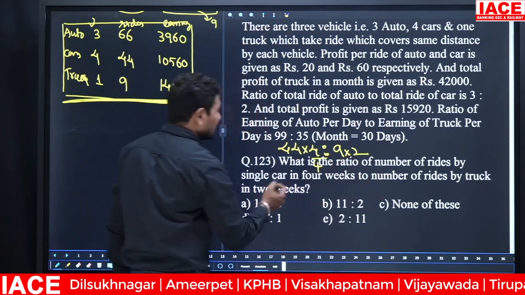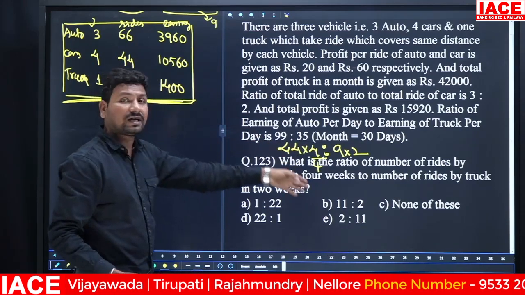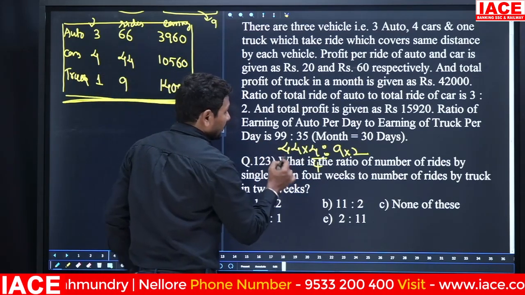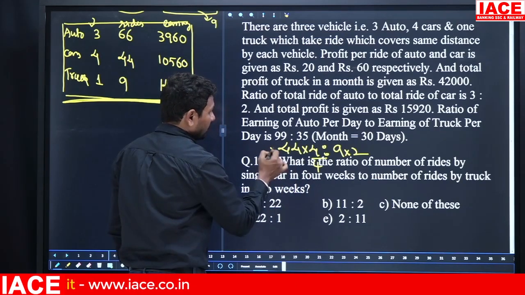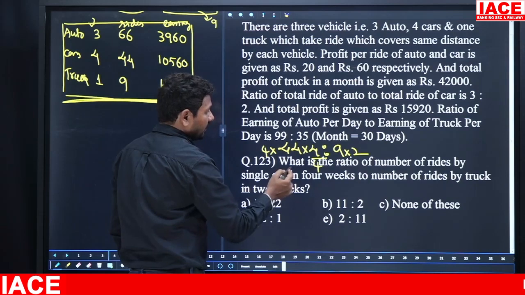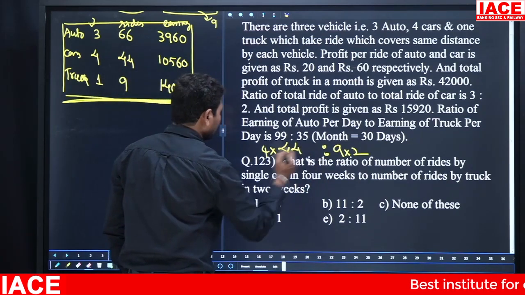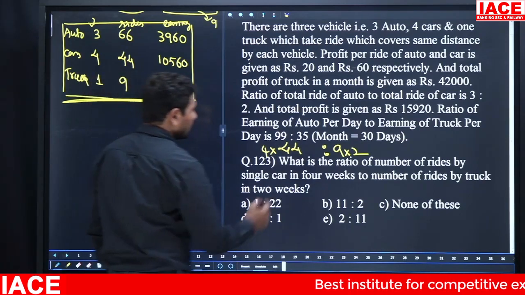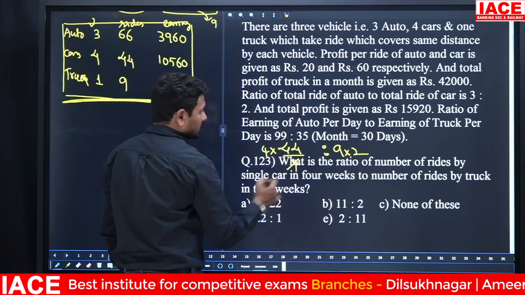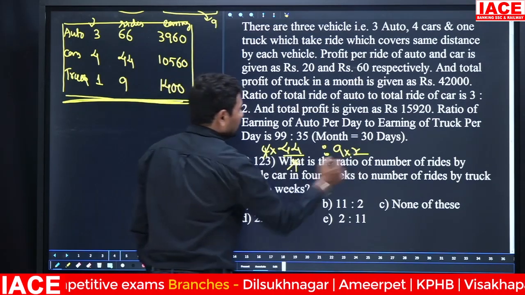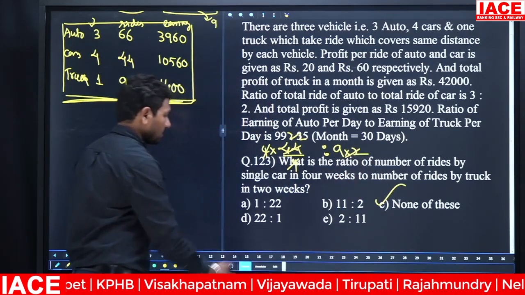And number of rides by single car. Single car means 4 by 4. 4 cars are there, then 4 by 4 I can apply. It is 1 car into 2. And here multiply with how many weeks? 4 weeks, okay, 4 weeks we can apply. Here 4 into 11. Here small correction, this is not required. Directly you can write 4 also. Here you can cancel with 4, 4 will be cancelled. 2 into 44, how many times? 22. 22 to 9 means the answer is what? None of these.